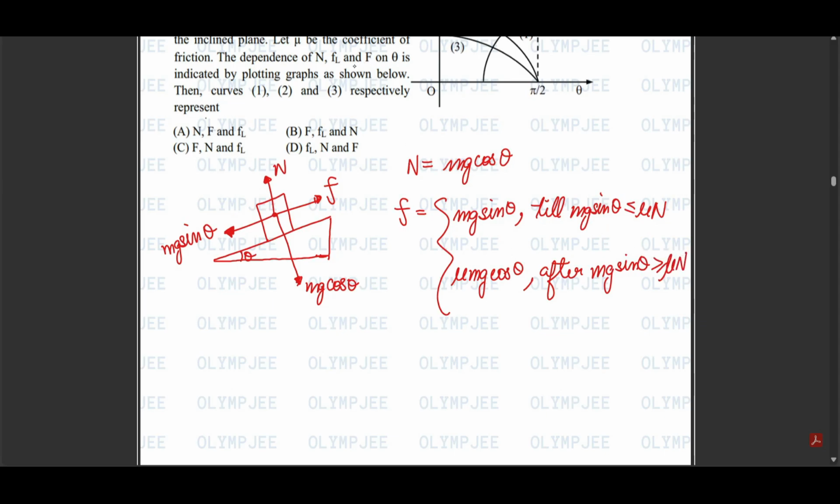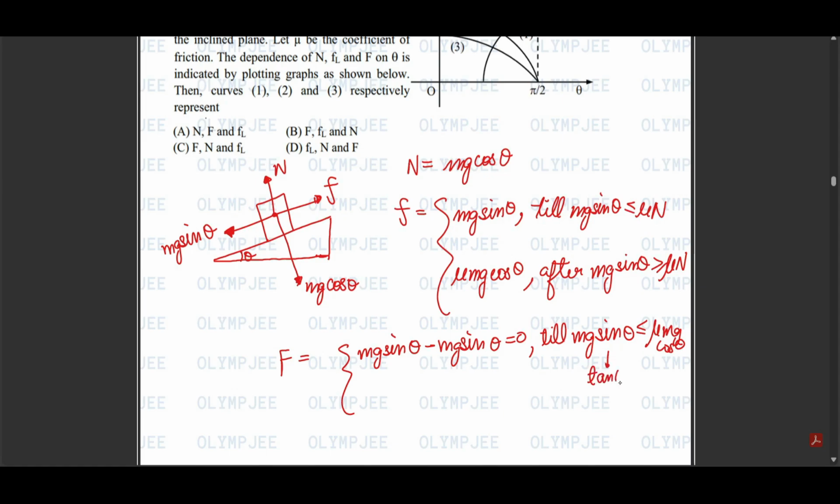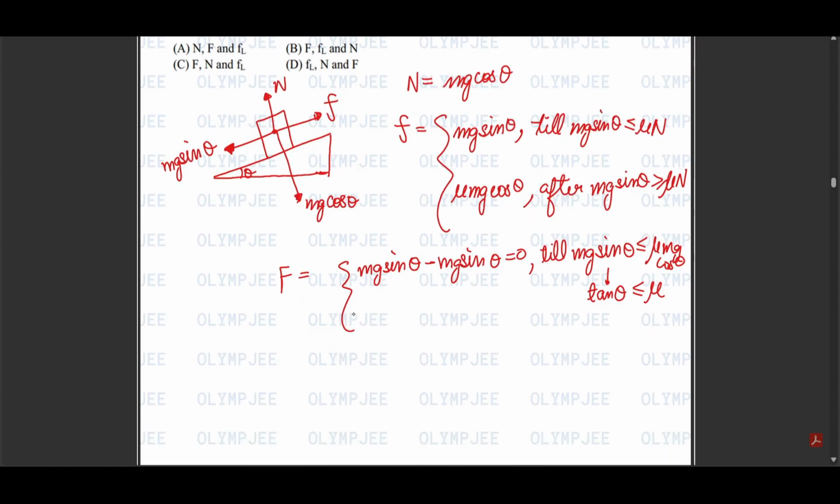So the F, which is the downward force, will be given by mg sin theta minus mg sin theta, which is equal to 0, till mg sin theta is less than mu N, which is mu mg cos theta. So till tan theta is less than mu. This is the angle of repose also, and the downward force will become mg sin theta minus mu mg cos theta